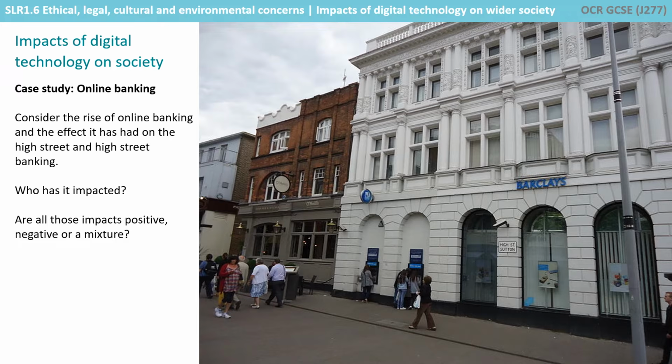There are literally thousands of scenarios that we could consider, but in this video we're just going to focus on one particular example, and then you can use that as a framework for other scenarios too. So let's consider the rise of online banking and the effect that it's had on high street banking. As more and more people become familiar with banking online and it becomes a greater expectation in our society, there's less need for high street banks because people can do all their transactions and banking needs online. This is a concern because it's resulting in a decline in the high street and some people still rely on those services.